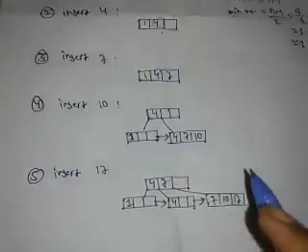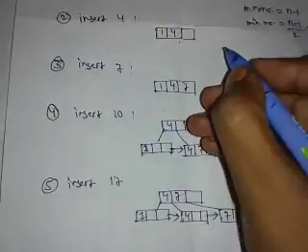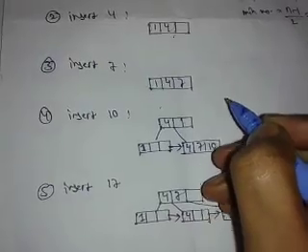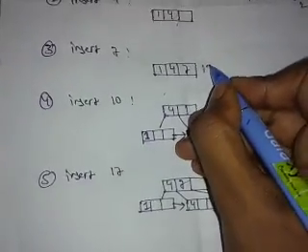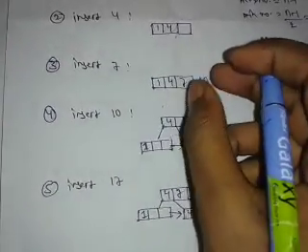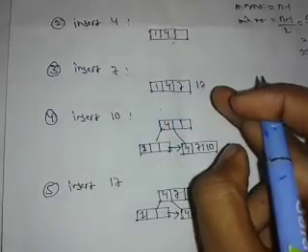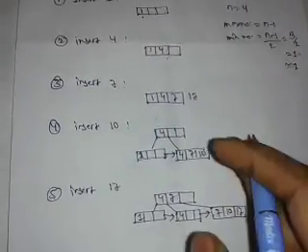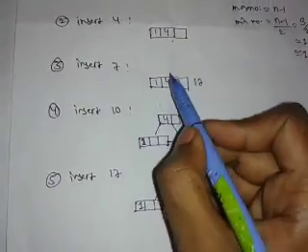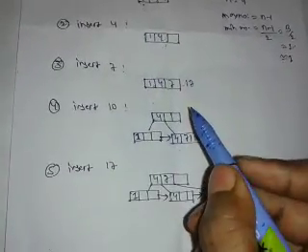So what we need to do is break this node. How can we break it? We just put whatever element we need to add. If we need to add 17, there are total 4 elements including 17. If we include 17 in this node, the total number of elements in this node is 4, which is violating our condition. So we need to break this node. We find the midpoint of these 4 elements, which comes out to be 4. So we need to break from the 4.